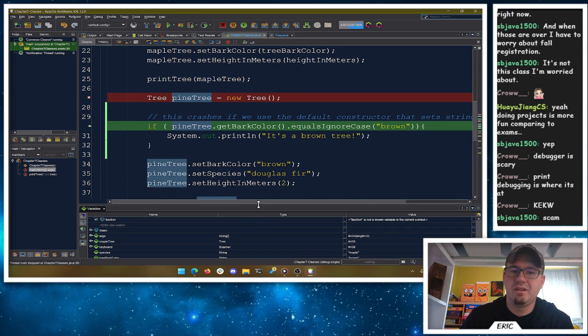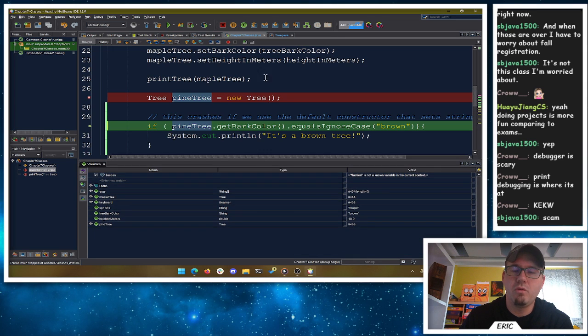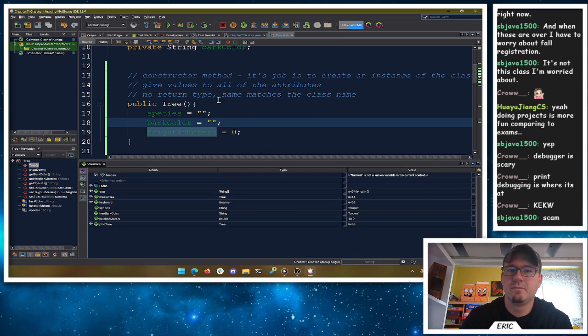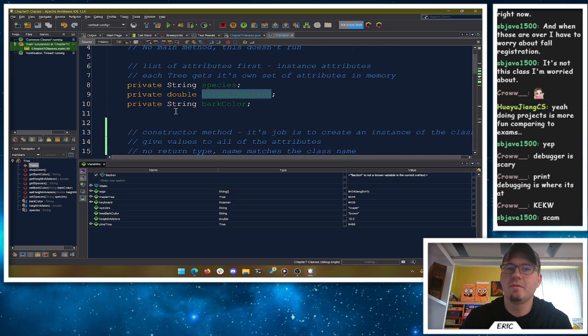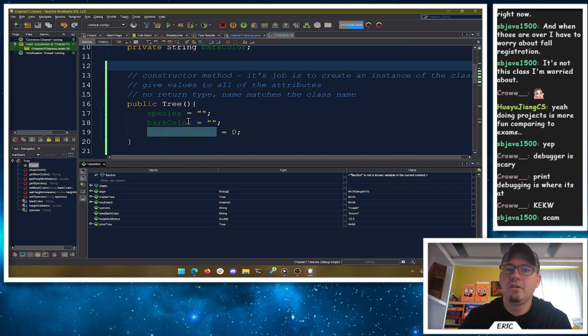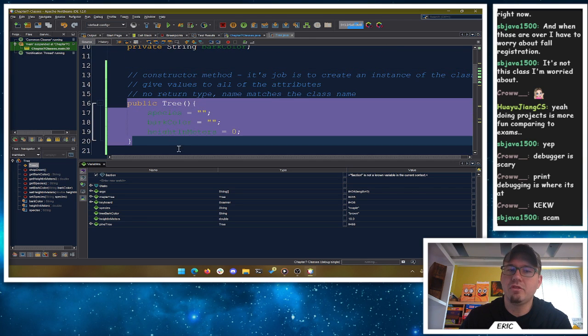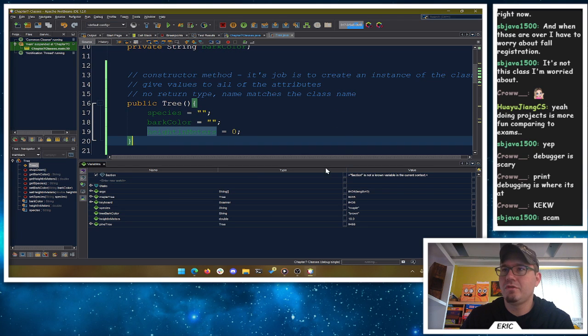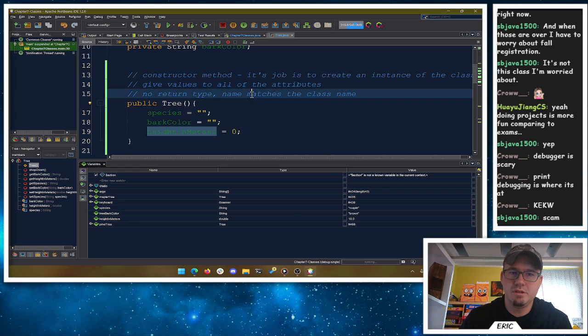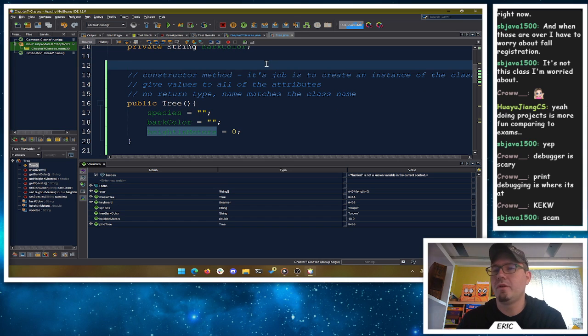So I will argue we probably always want to add our own constructor rather than let Java give the default constructor. If you don't have a constructor written, Java gives you the default one. But if you write your own, then Java doesn't give you a default one anymore.